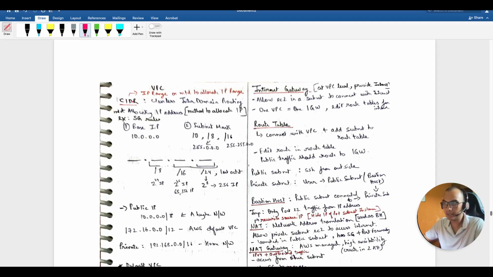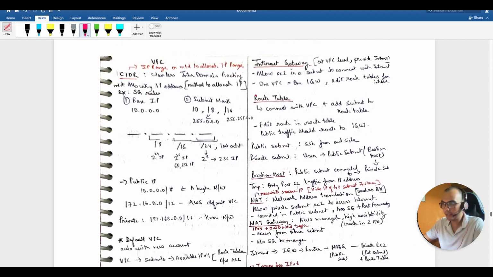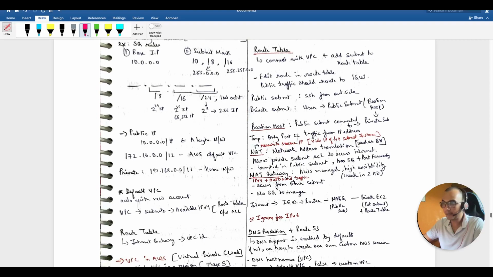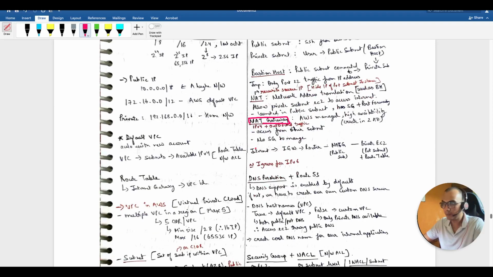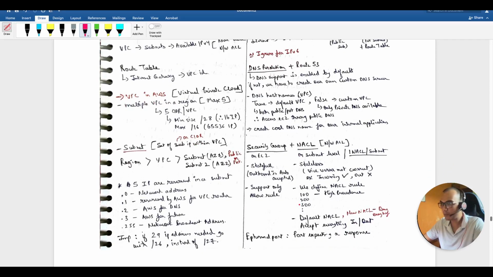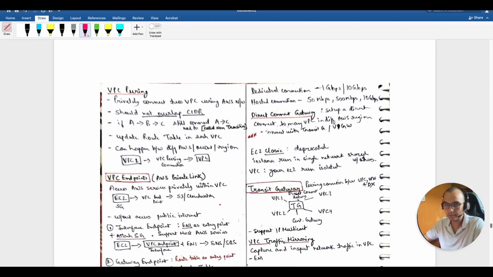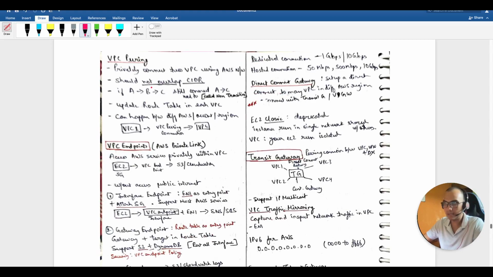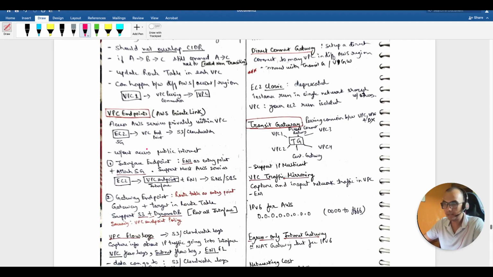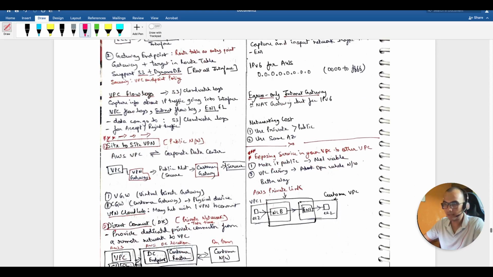These are the networking concepts which you should be well versed with, like CIDR, what is a VPC, and what is an internet gateway, bastion host, NAT gateway. You have to understand when we have to use the NAT gateway, and what is the difference between security group and network ACL. Just go through it, watch videos, make your notes, and I'm sure you will understand what VPC peering means, what is an endpoint,